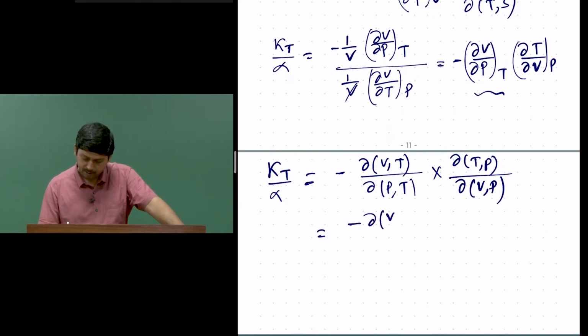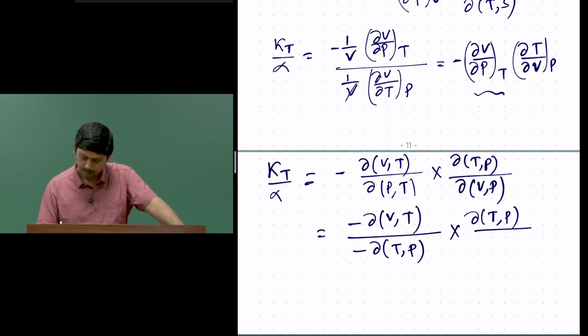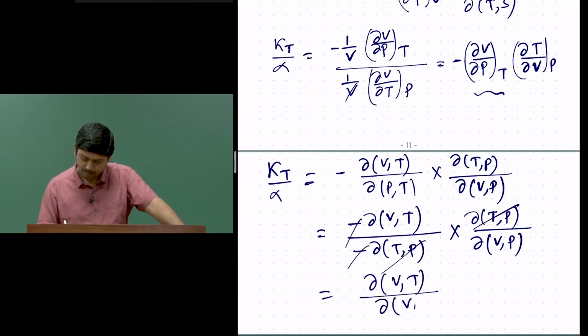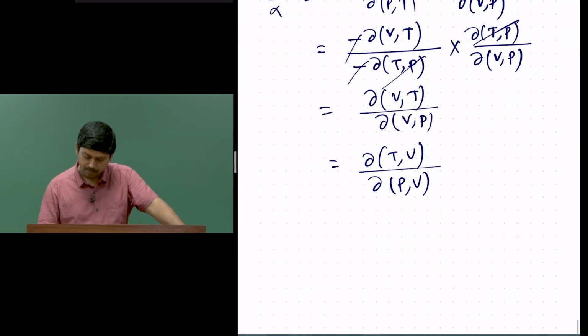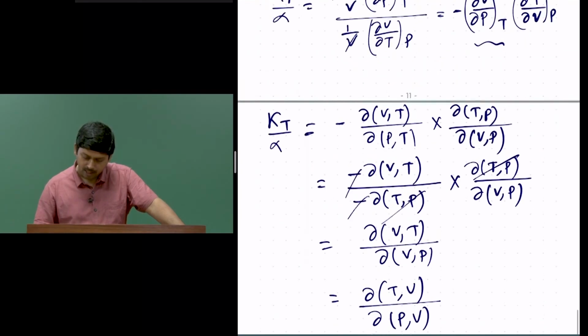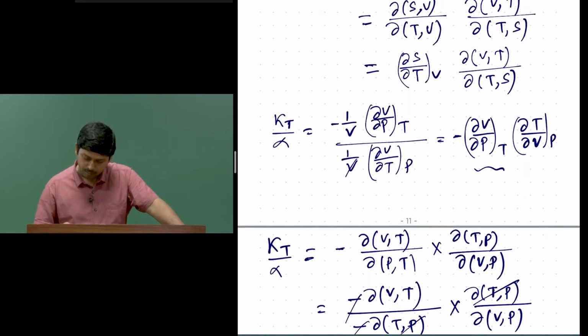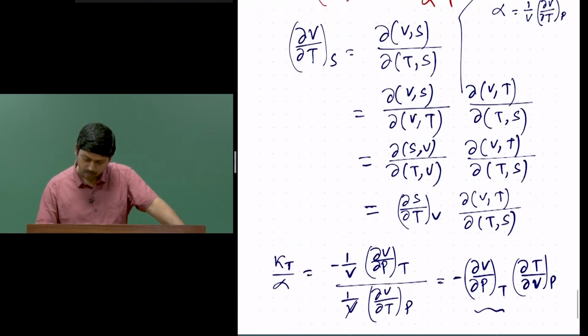So, this is minus V T, and we can take a minus sign and write as T P into T P by V P. So, T P cancels, minus minus cancels, giving me del V T by del V P. We can switch both the variables and write del T V by del P V, giving me del T by del P at a constant volume. Now, so now you see here, that is fine. So, now when you come back here,